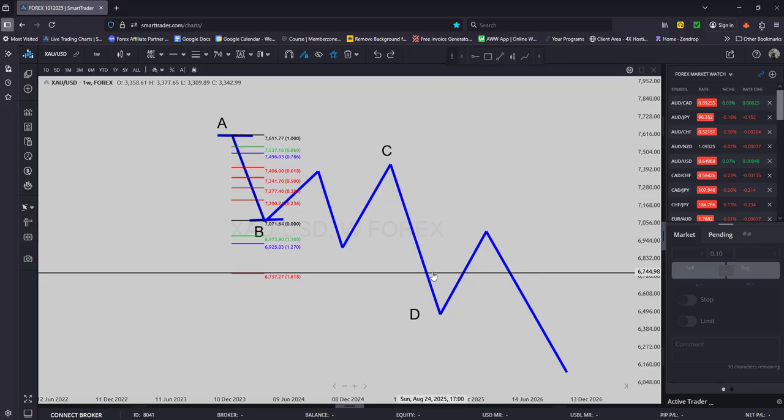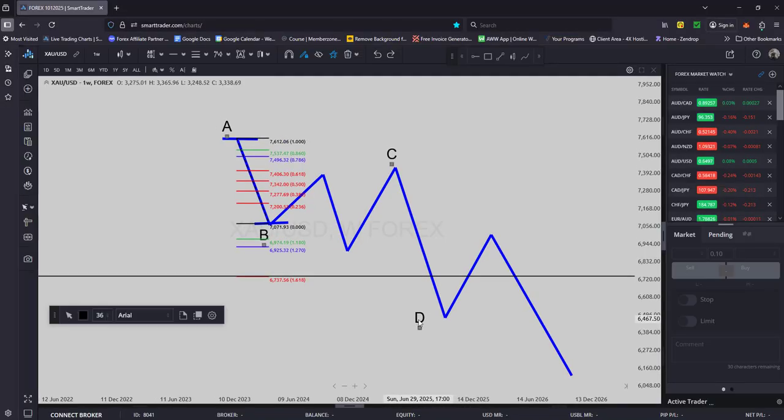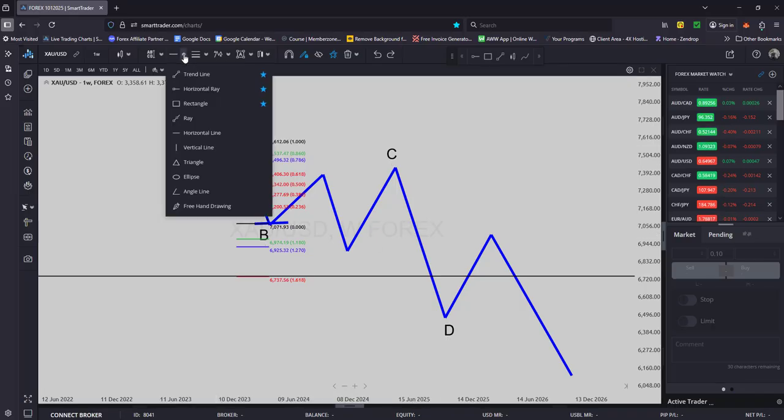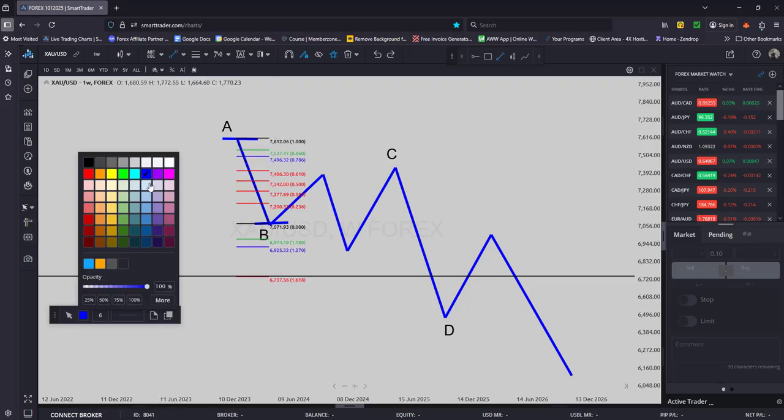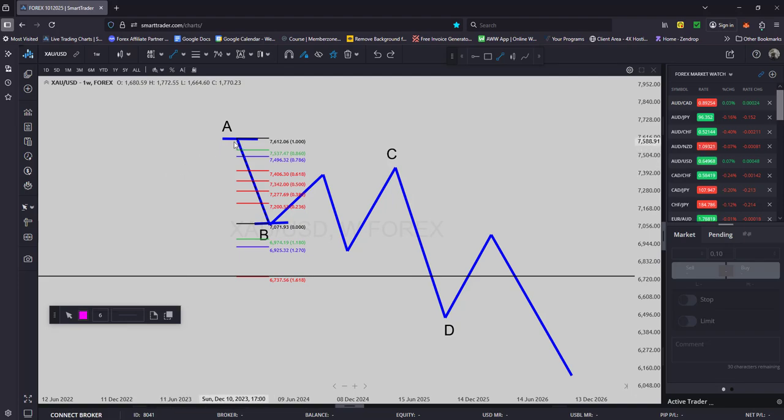But after we hit our D, we have to wait for a low to form in a downtrend, 2 to the left, 2 to the right. That becomes our confirmed D area. So now that we have our confirmed D area, despite all the waves in the market, if we simplify it, we basically have our first down A,